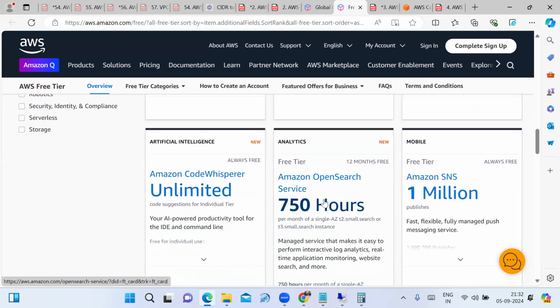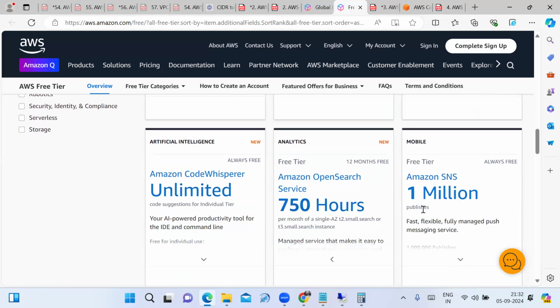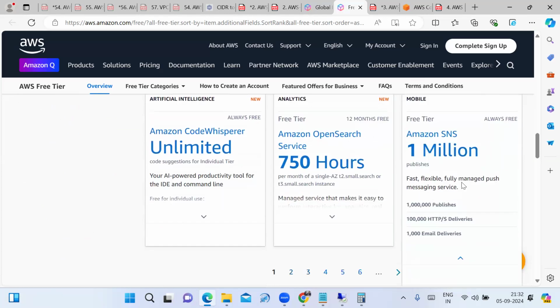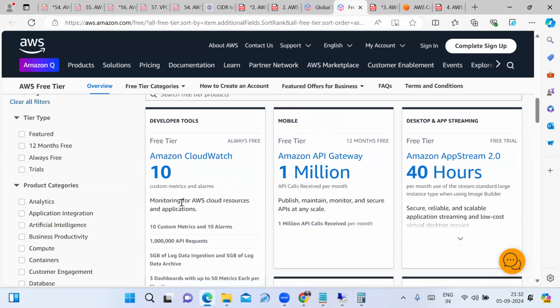OpenSearch service, 750 hours, 12 months free. SNS, Simple Notification Service, is always free. Like that, there are many services in AWS, and for each and every service the limitations are mentioned, friends.